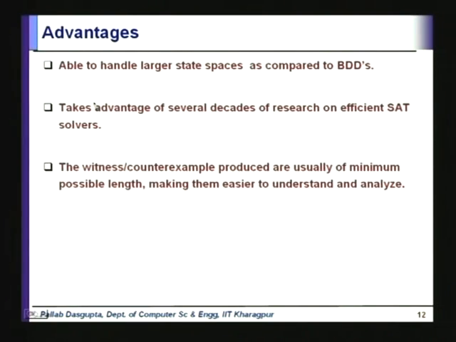Now, what are the advantages of bounded model checking? The advantage is that it is able to handle larger state spaces as compared to BDDs. Why? We know that when you take a transition relation and try to construct the BDD of it, the BDD starts growing with the number of variables, and that growth is typically exponential. Here also, with every time frame, the number of variables is growing. For one time step you had k variables, for 2 time steps you have 2k variables, for n time steps you have nk variables. So, the number of variables is growing,